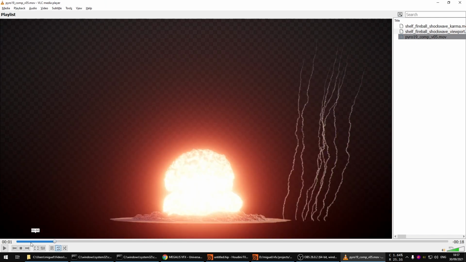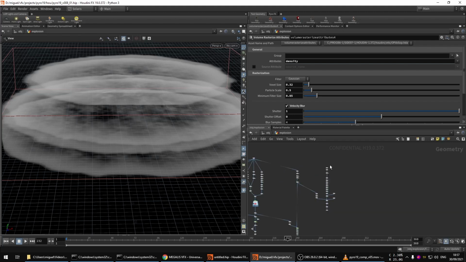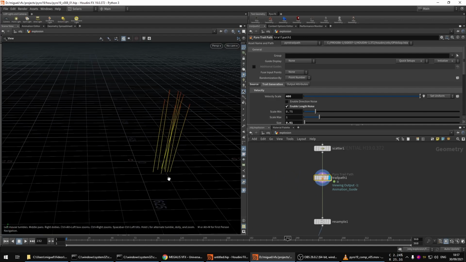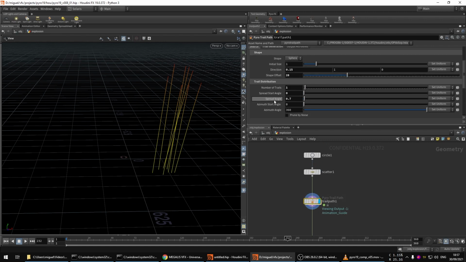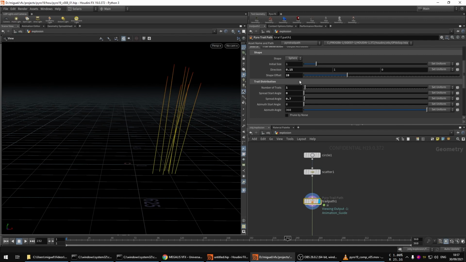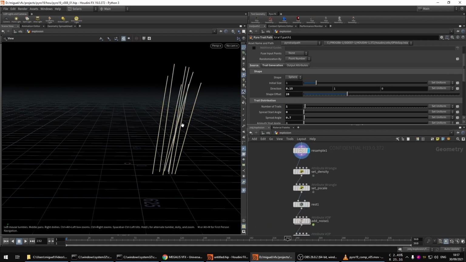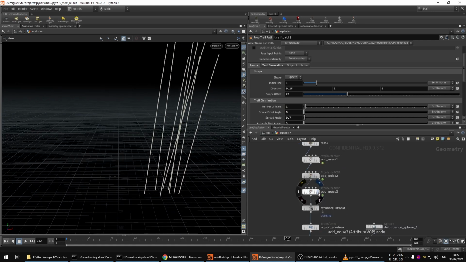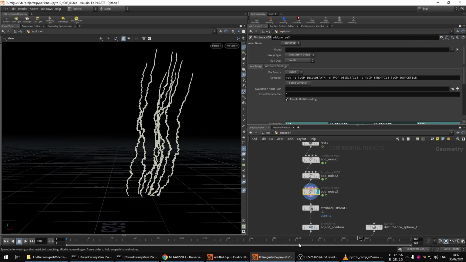And then the last part, which doesn't really have anything to do with Shockwave, is these trails. But I might as well show it because they do use the Pyro Trail Path tool, which is a very handy tool. I just have some points scattered into a circle, and then with this node, I can very easily control some trails. You know, increase things like the spread, and all this stuff. And then I simply resample this into a ton of points, run some noise through them with VOPs, which gives the impression that the trails are evolving in time,